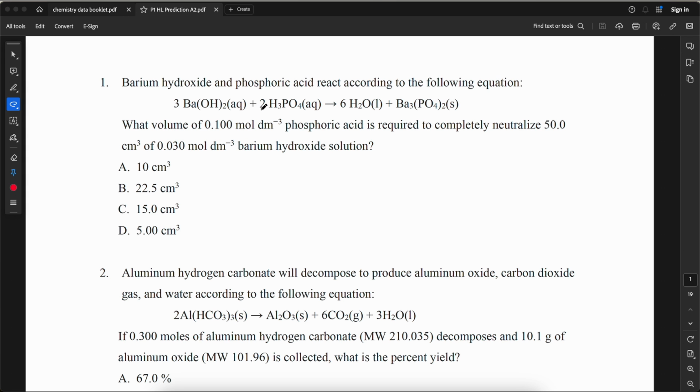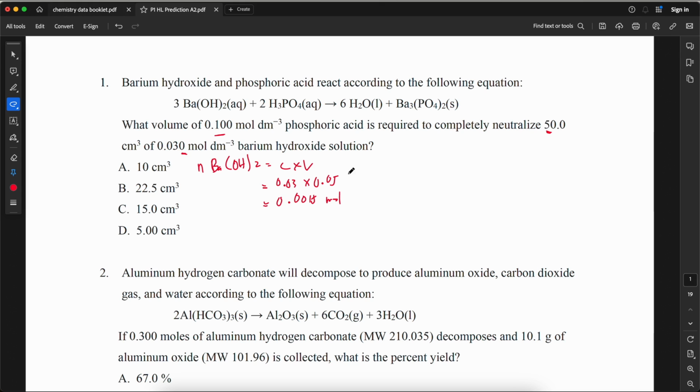Barium hydroxide and phosphoric acid react according to the following equation. What volume of 0.1 molar phosphoric acid is required to completely neutralize 50 centimeter cube of 0.03 molar barium hydroxide solution? So we've got the volume of barium hydroxide solution and the concentration. So we can calculate the mole of barium hydroxide, which is C times V. So 0.03 times 0.05, which is